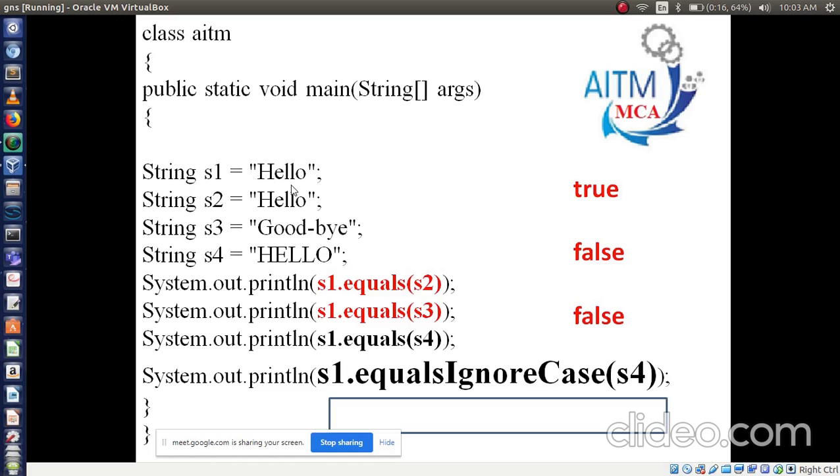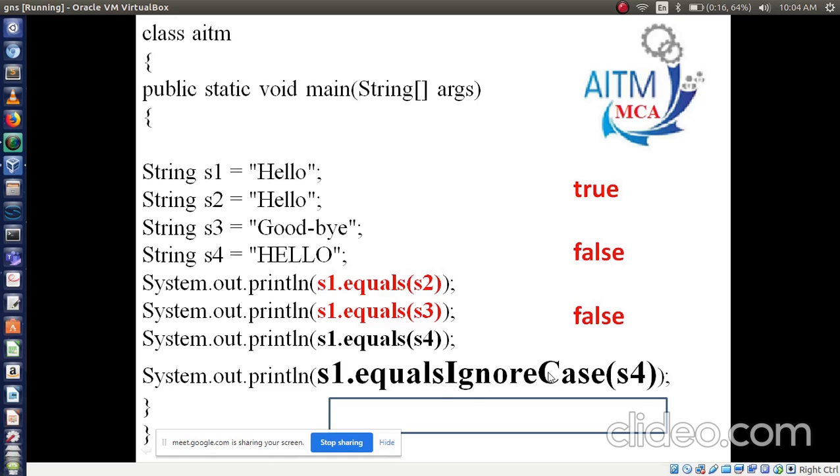False or true? It will give true. One has small case letters, another one has capital letters, right?